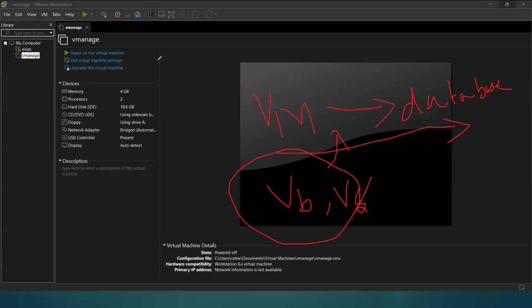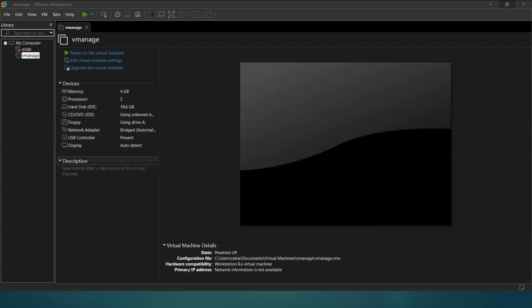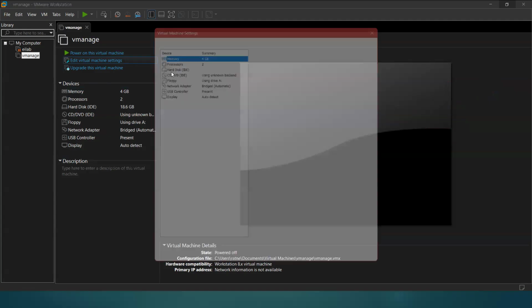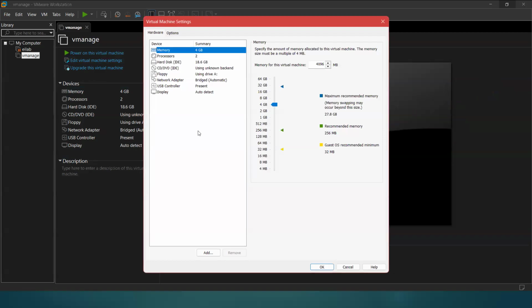So you can see that I tried to build this. It is failing. Why? Because I should go and give some database, maybe 10 gig, 20 gig, just for lab purpose, but it should have minimum 50 gig database assigned. Otherwise, it will not work. So in your VMware setting, you can go and click edit virtual machine setting. I have very little space in my laptop, but let me try. So I can go to hard disk,